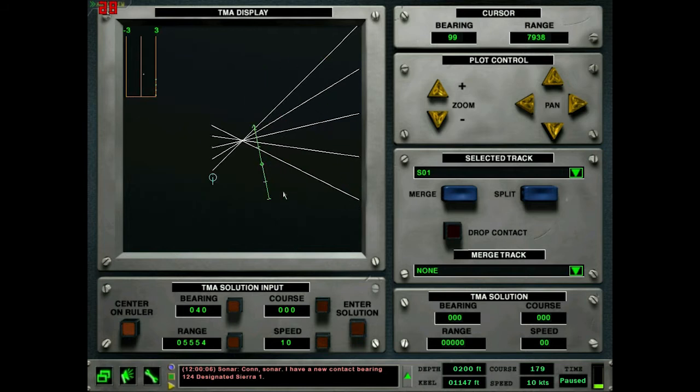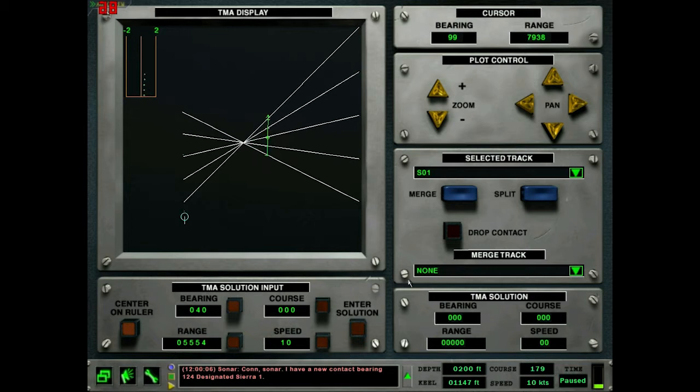It could be closer like this, going a slower speed. What would the speed on this be? I have it paused right now, so maybe I should unpause it. So it could be closer like this at a speed of like 3 knots. It could even be over here at a speed of 5 knots, going next to us. And the only way you can figure that out is by getting,